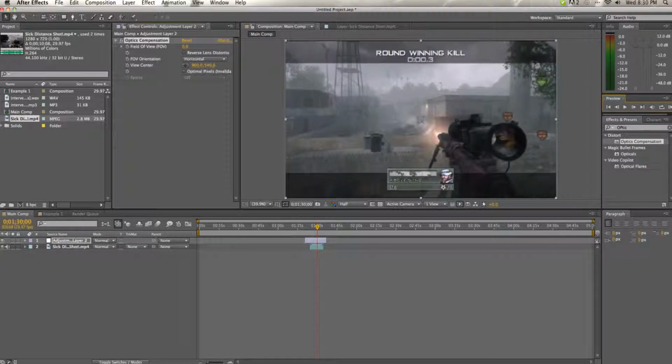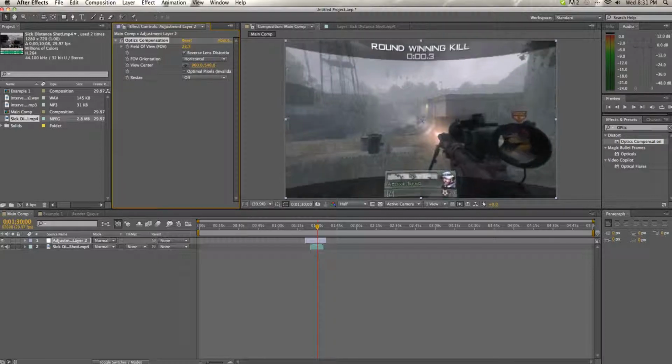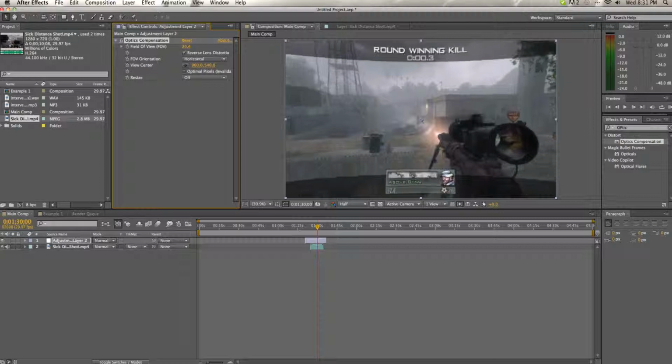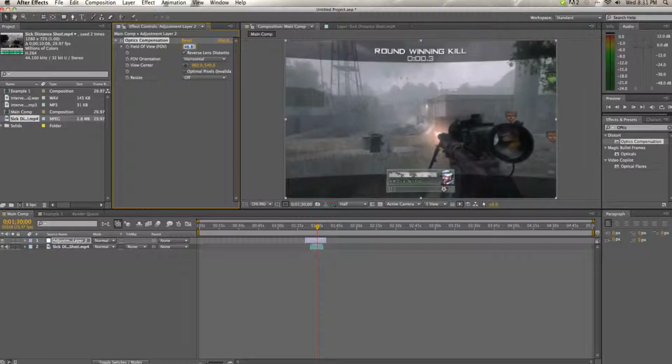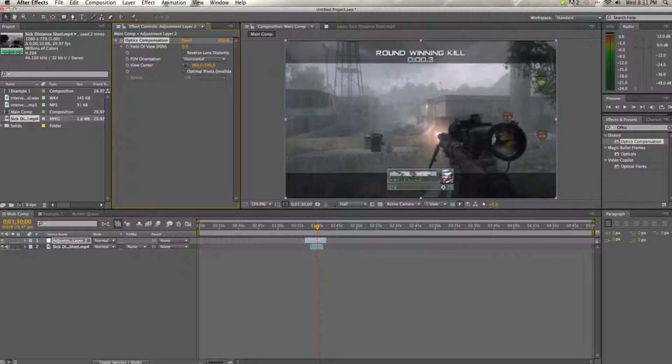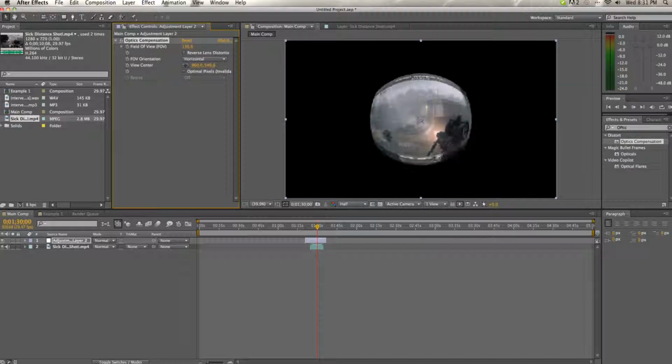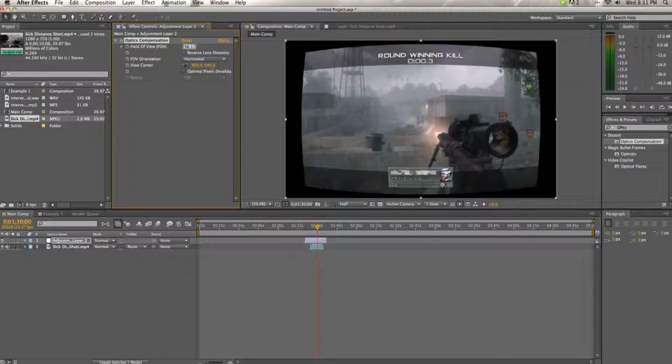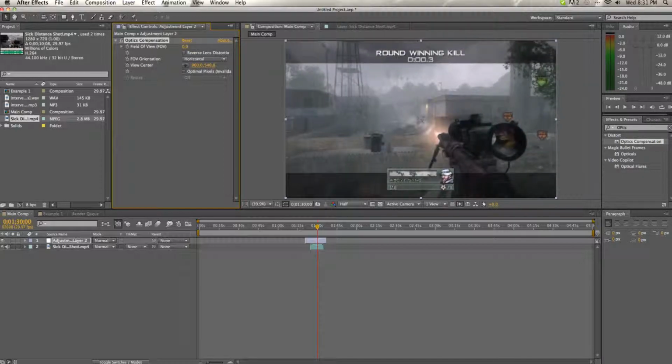I'm going to come up here and click reverse lens distortion, so that what that'll do is instead of creating a ball like it would normally do, it comes in. So I'm going to show you what it looks like when it creates a ball. Basically does that, but we don't want that. So that's why we're going to click on reverse lens distortion,